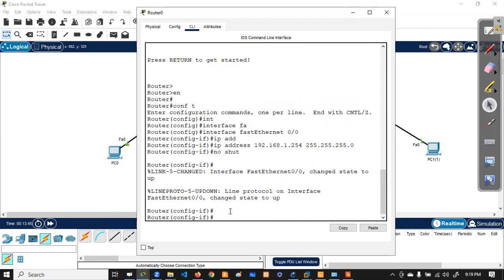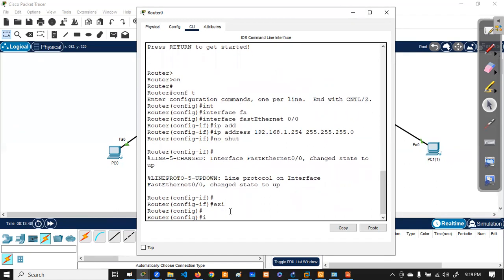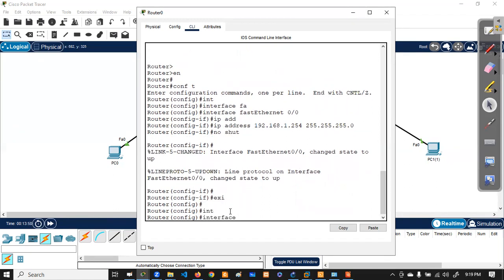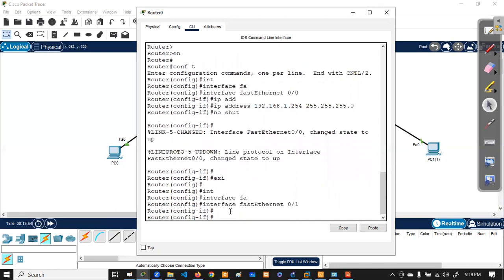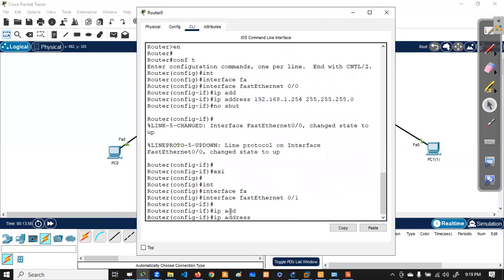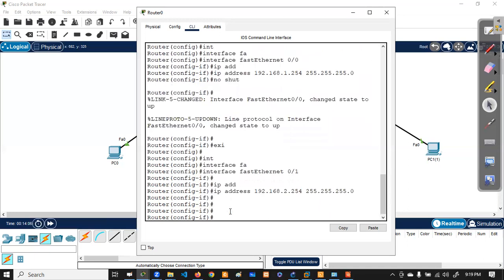Likewise, I'm going to assign an IP address to the next interface as well: IP address 192.168.2.254, 255.255.255.0. No shutdown.